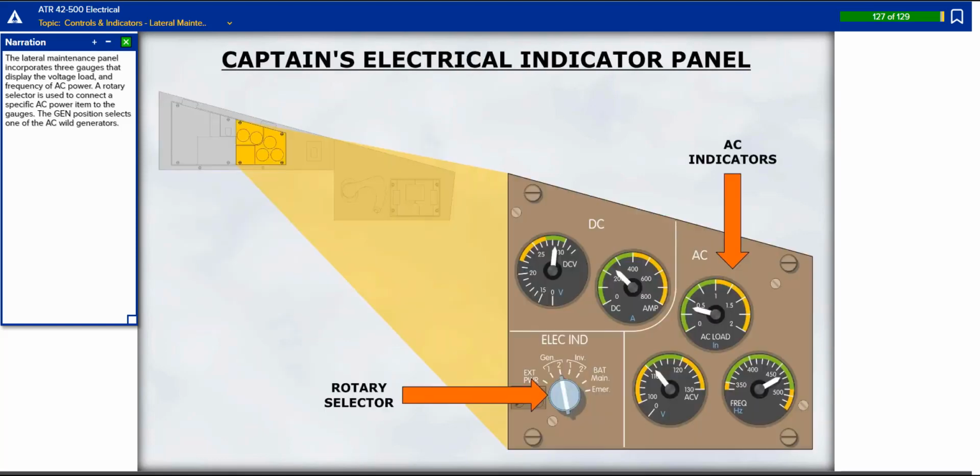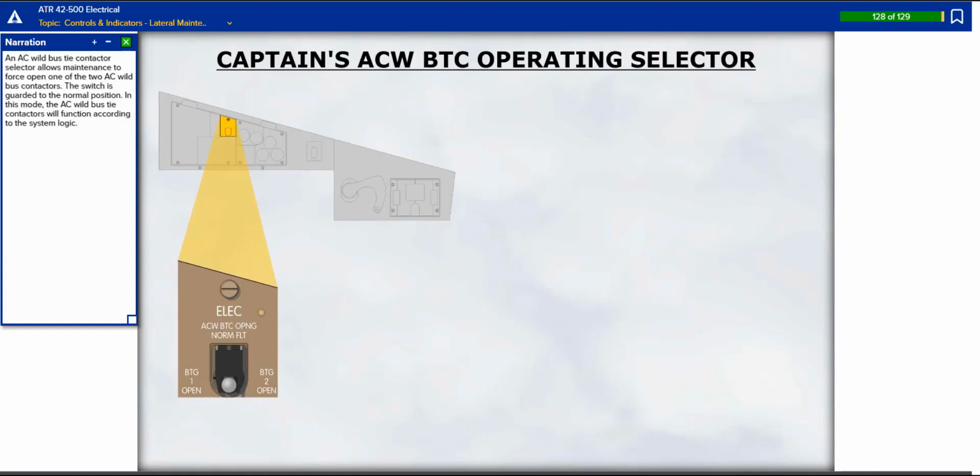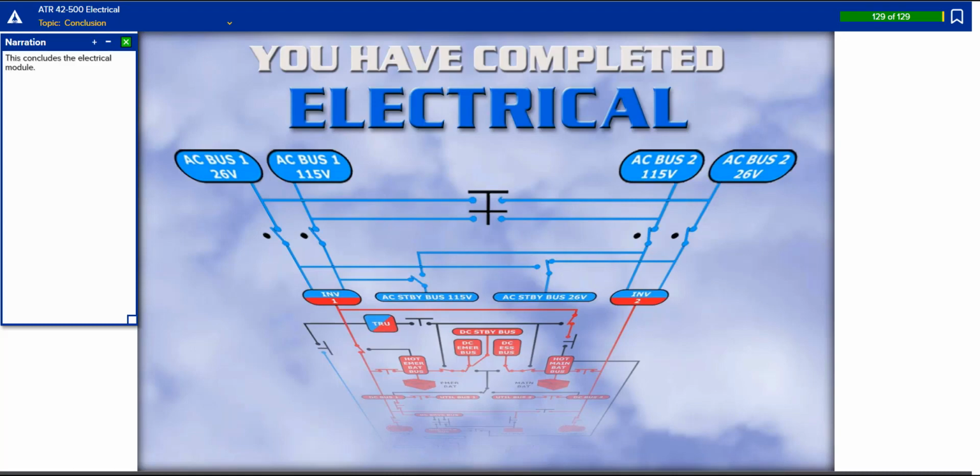The lateral maintenance panel incorporates 3 gauges that display the voltage, load and frequency of AC power. A rotary selector is used to connect a specific AC power item to the gauges. The generator position selects one of the AC Wild generators. An AC Wild bus tie contactor selector allows maintenance to force open one of the 2 AC Wild bus contactors. The switch is guarded to the normal position. In this mode, the AC Wild bus tie contactors will function according to the system logic. This concludes the electrical